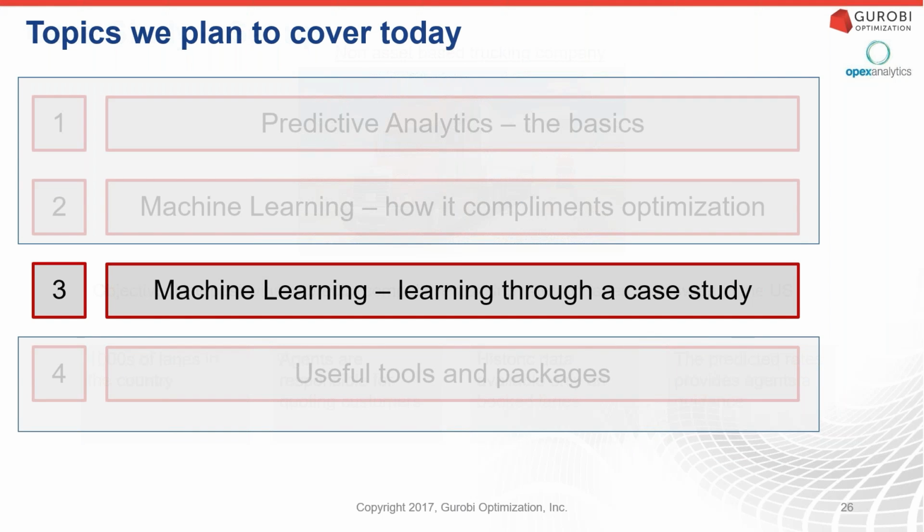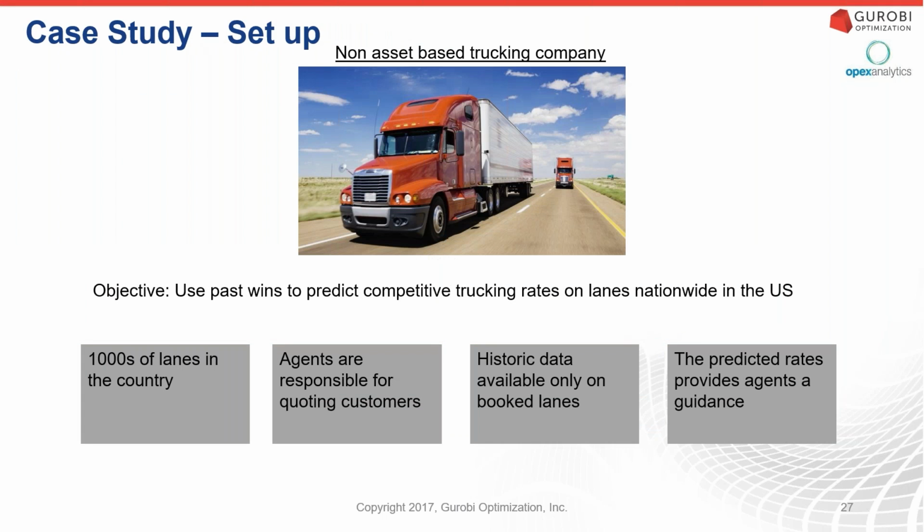All right, let me introduce the case study, and then we'll dive into some of the Python code where it'll get a little more detailed, so you can look under the hood to see how this works. And Sam will give you some good insight from a machine learning practitioner point of view of how to think about these different steps. The case study is going to focus on a trucking company, and we're going to try to figure out how we quote and predict the rates that we may pay. This is a non-asset-based trucking company, so a trucking company that doesn't own the assets but is dealing in the market. They need to understand and try to predict the rates because they need to quote these rates and give their agents guidance on what the rates might be.